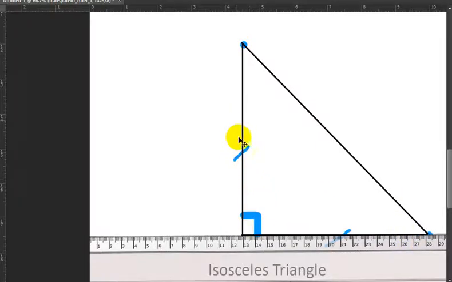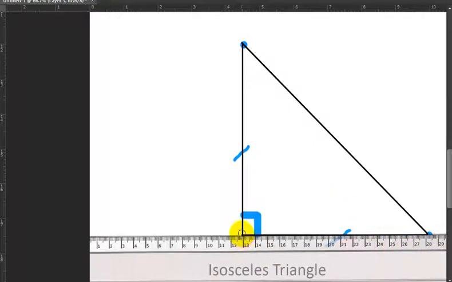This is a property of right triangles. In right triangles, the two sides that create the right angle are also heights of the triangle. And it doesn't need to be an isosceles right triangle. So the sides don't have to be the same in order for this to work. For any right triangle, the two sides that create the right angle, so this one and this one, are